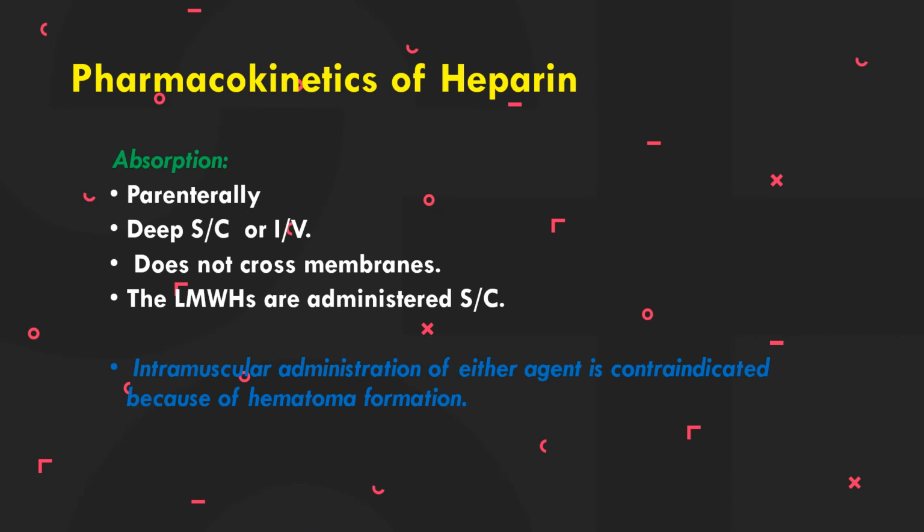Okay, regarding the pharmacokinetics of heparin, they are given parenterally. Parenteral means a route other than enteral. It can be intramuscular, intravenous, intraarterial, subcutaneous, but in this case we give it subcutaneous or intravenous, whereas the low molecular weight heparins can be given subcutaneous, and you know subcutaneous is very easy. Even people with diabetes type 1 inject insulin themselves by the subcutaneous route. So similarly low molecular weight heparins are much easier to administer, and these do not cross the